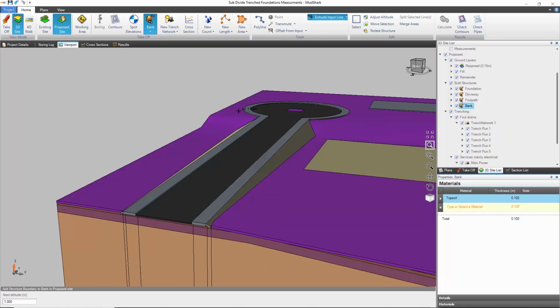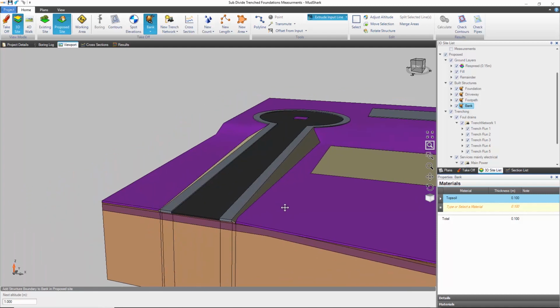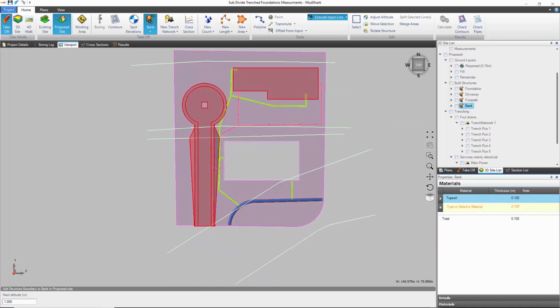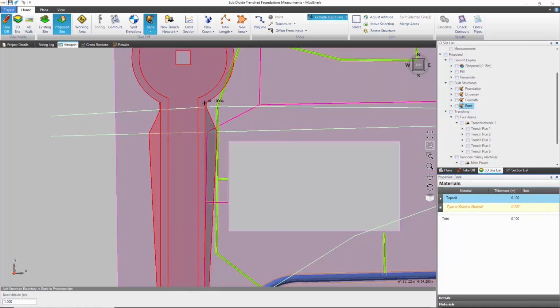So now let's have a look at the new measurement tools and what information we can extract from them. This will save you having to go to other packages to do measurements. You've scaled your plans, you can go straight in and start taking your measurements off. So let's go to takeoff view, and let's say that we want to put in a landscaping area on top of this topsoil off the bank, and we want some mulch over the top and a